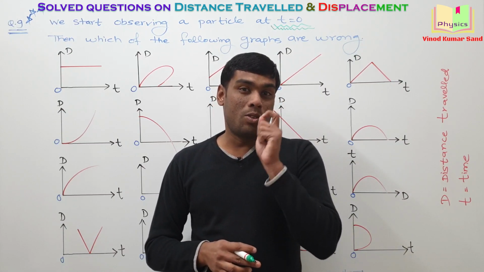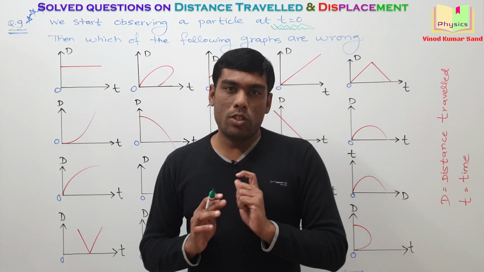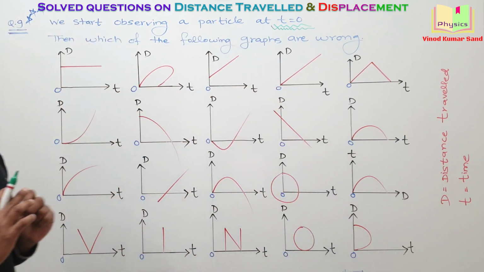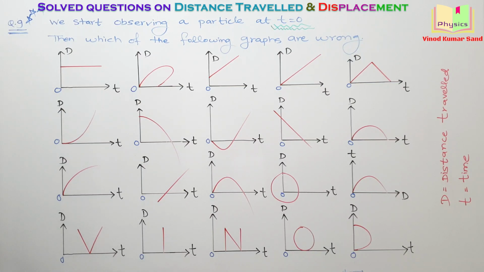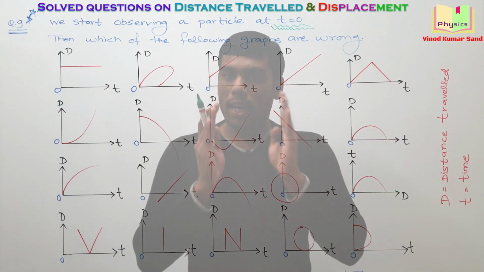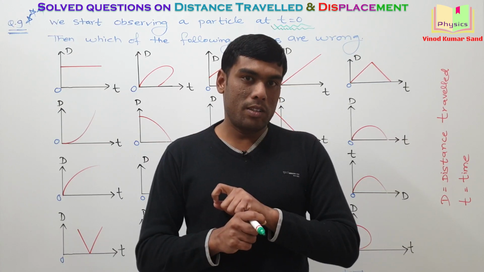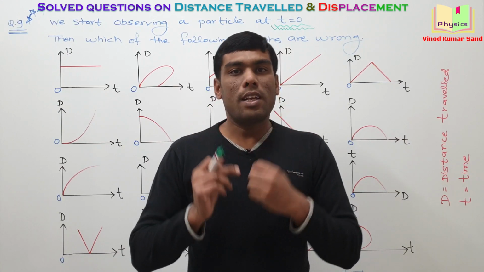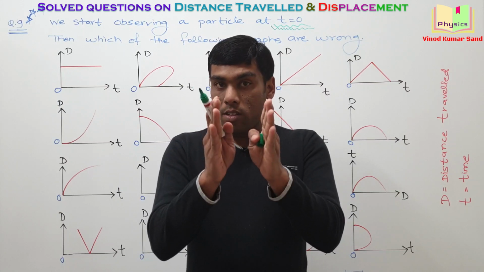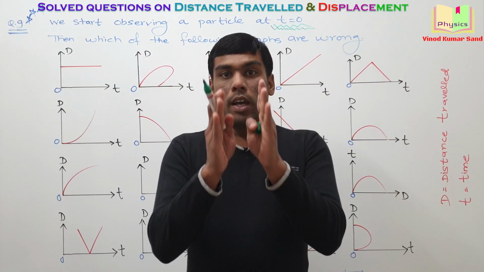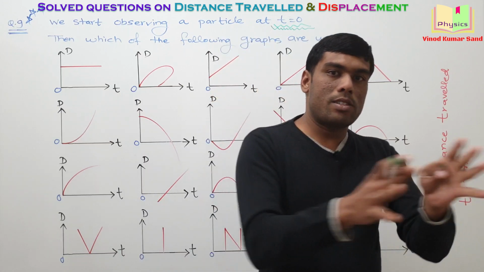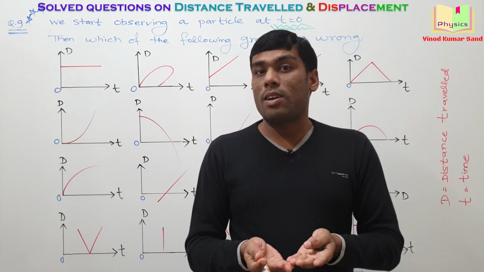It must be 0. For example, suppose I am out of the camera frame. Might be I am not visible to you at this moment. Okay, then I am coming into the camera frame. Suppose you observe me at this moment. How much is distance traveled exactly at this moment for me? You will say 0. Now this is t is equal to 0 for you.